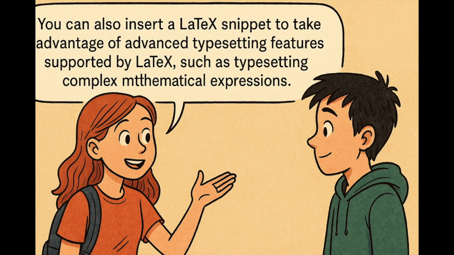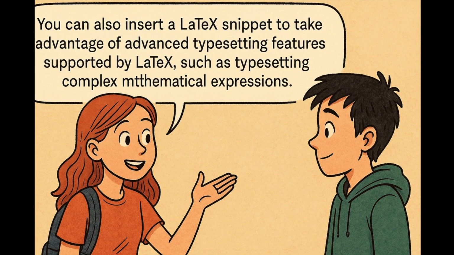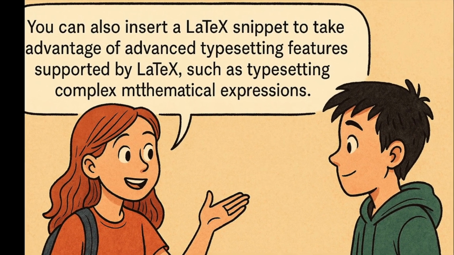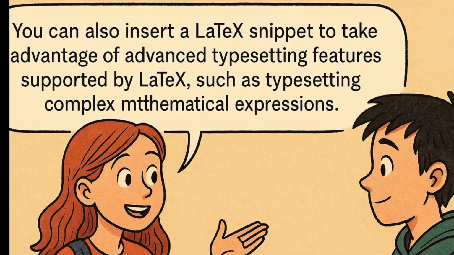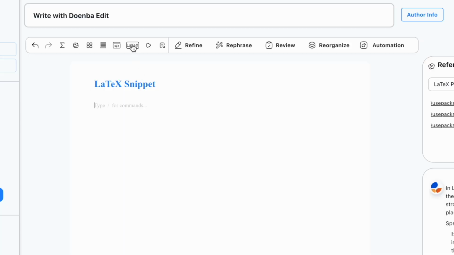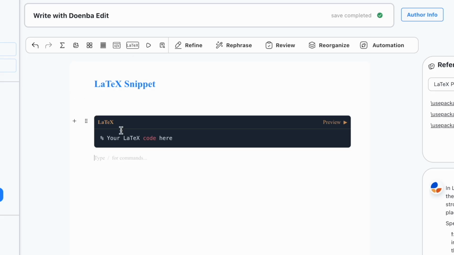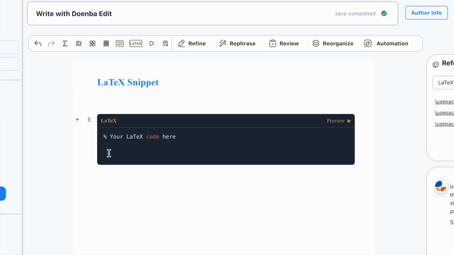You can also insert a LaTeX snippet to take advantage of advanced typesetting features supported by LaTeX. For example, to typeset more advanced math, click the LaTeX icon to insert a LaTeX snippet below the cursor, which appears in its own box with a black background. Within that area, you may insert any self-contained LaTeX fragments exactly as you would in the main body of a